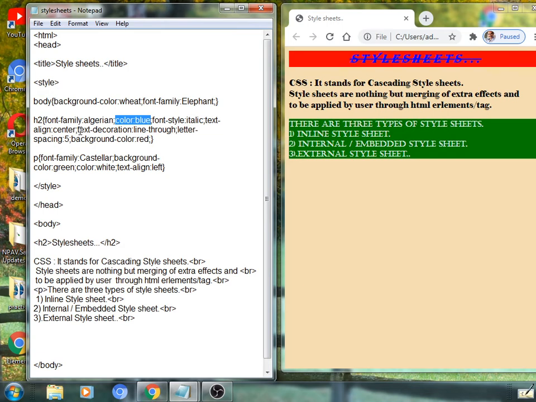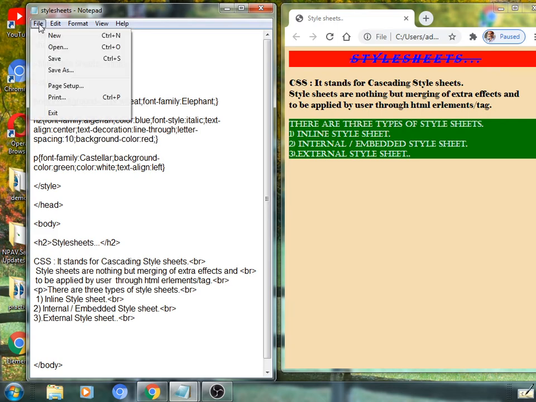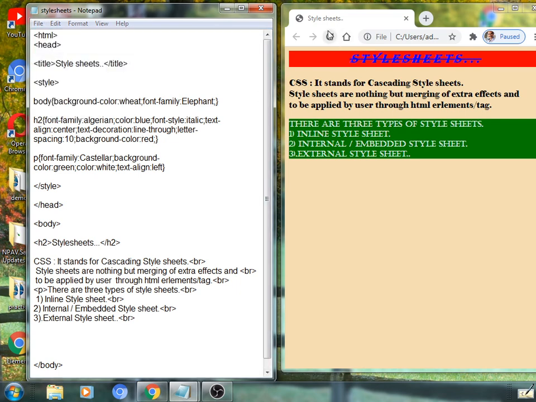Letter spacing 5, I want to increase this. Instead of 5 you can give 10, 15, no doubt. Saved here, and background color is red. See here, letters are moved 10 pixels from each other.